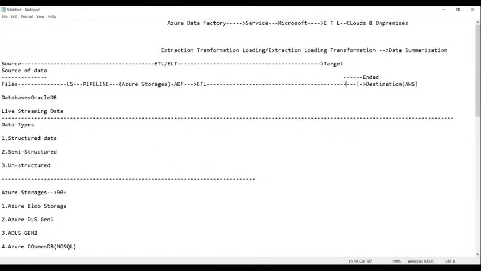Yes. For every process, whenever you have different storages, we require a linked service. That means a linked service creates the relationship from one storage to another storage. That is called a linked service. Okay, everyone.